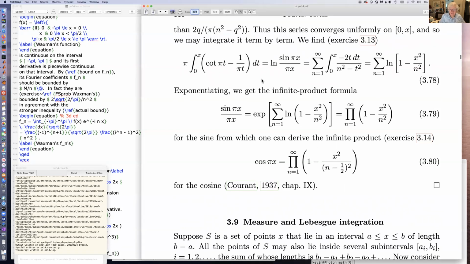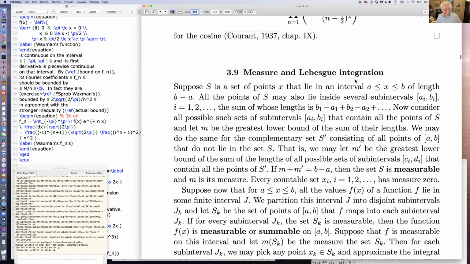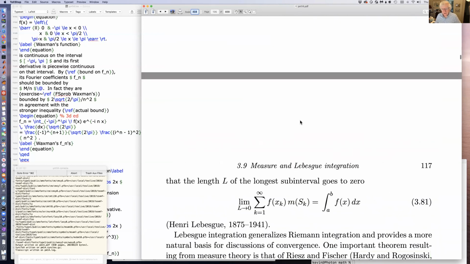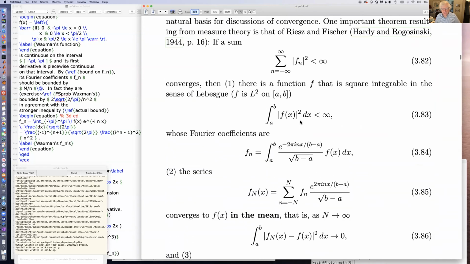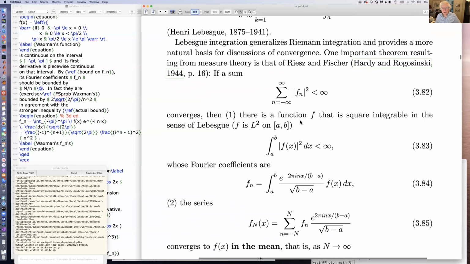And also next Wednesday, I can go through measure and Lebesgue integration in more detail. I think it's explained here clearly, but let me just go a little bit further here and get to the theorem that I wasn't going to do in detail. I wasn't certainly going to prove the theorem, but